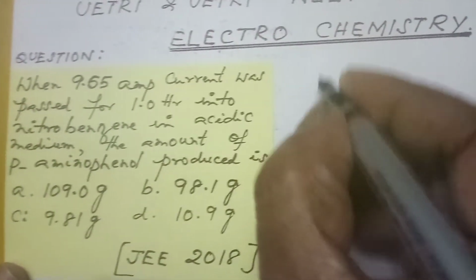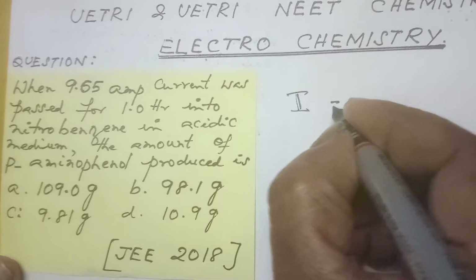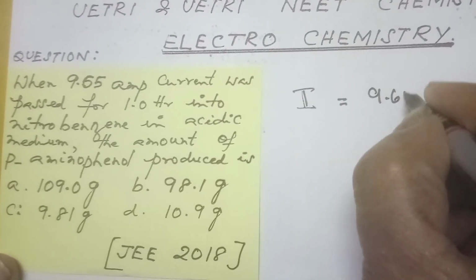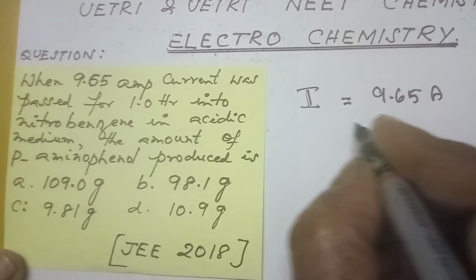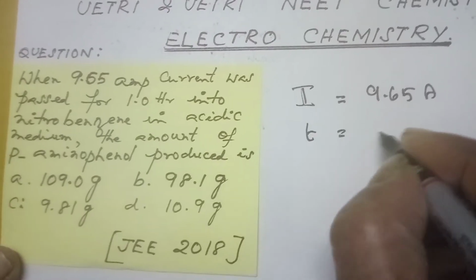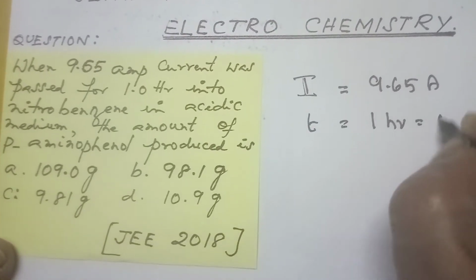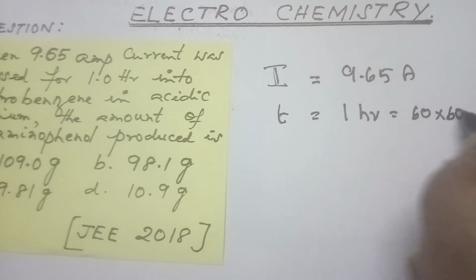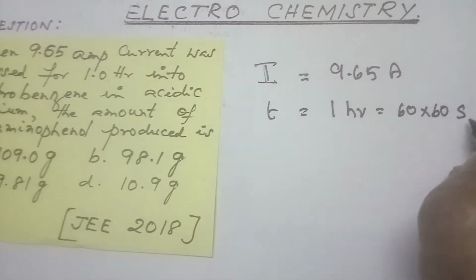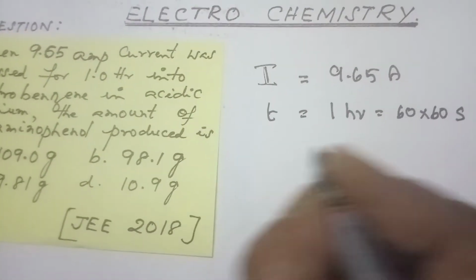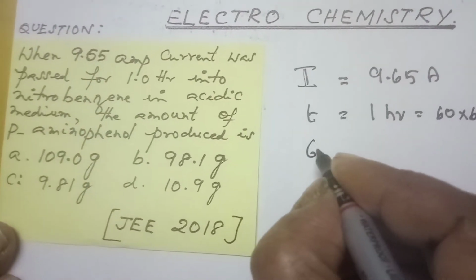Let me write here. The data is, first, the current is given. I is equal to 9.65 ampere, passed for 1 hour. So time is equal to 1 hour, that is equal to 60 minutes into 60 seconds. The time should be in seconds. Important point. Next, it is given nitrobenzene